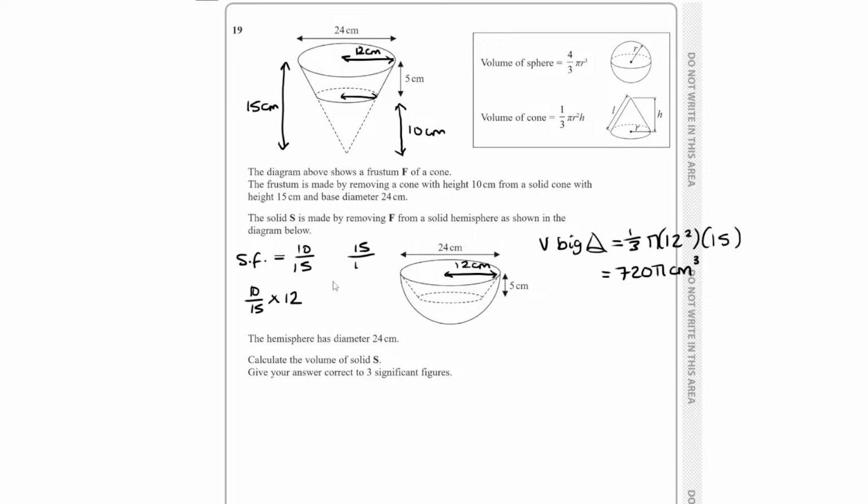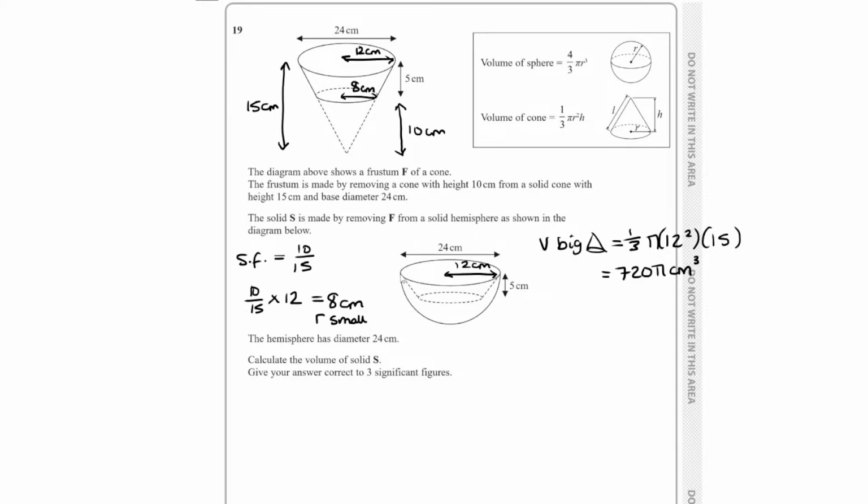So it doesn't really matter which way around you do it, as long as you then follow it up with the correct calculation. Your answer should be smaller than 12. I'm pretty sure that gives you 8. So I don't know if you got the radius as 8. That's what it should be, because it's 2/3 effectively the size of the bigger cone, isn't it? So we've got radius 8, that's for the